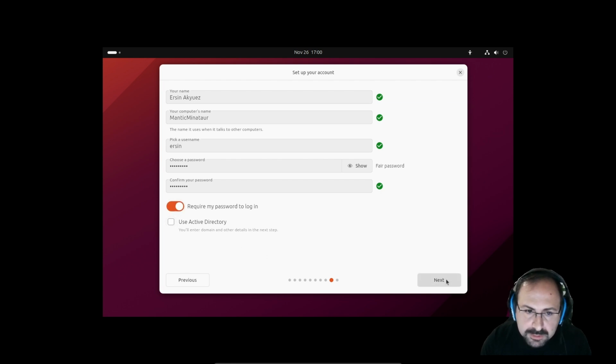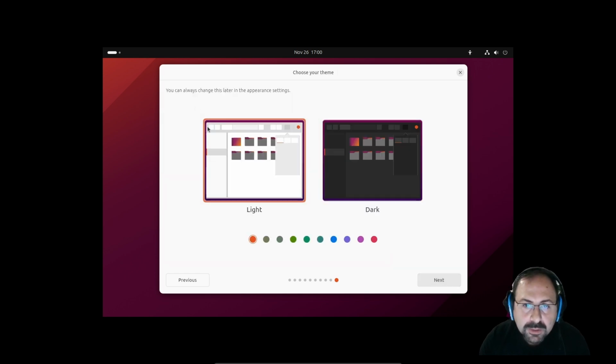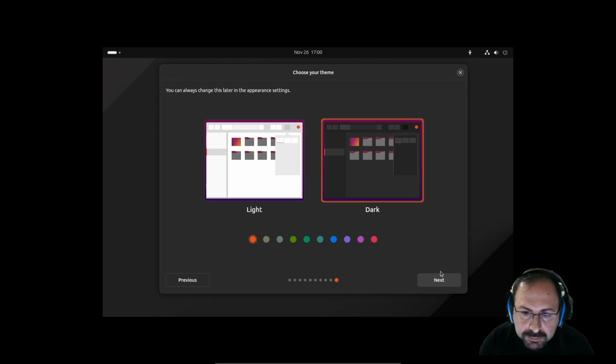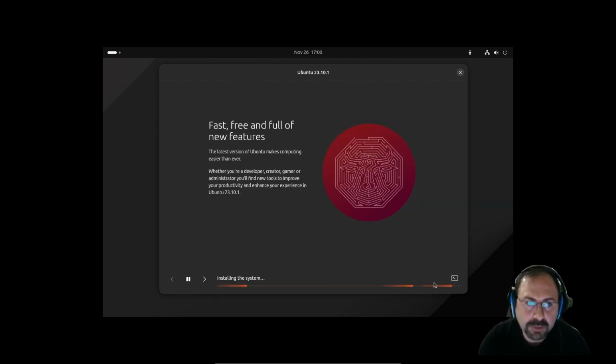I will keep the default. We can select two appearance settings, light or dark. I will prefer dark because it looks more beautiful. And installation started.